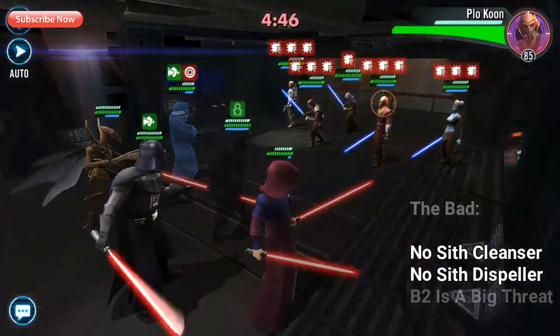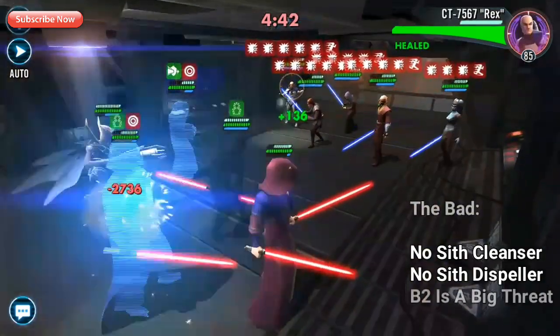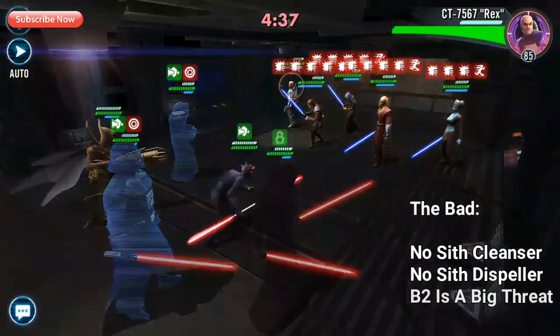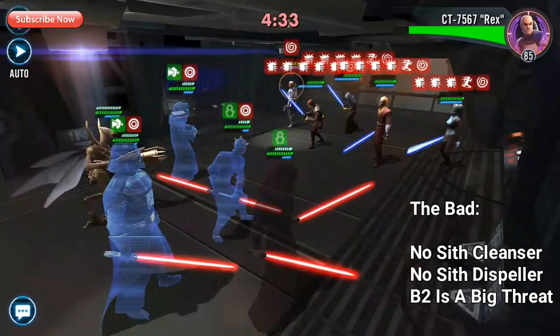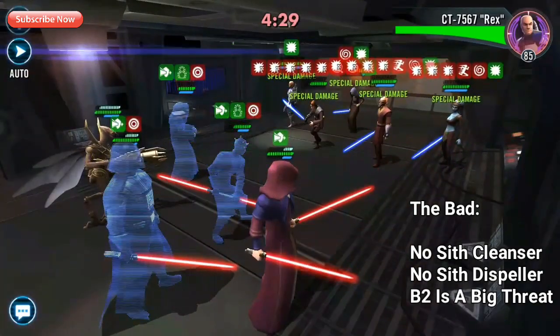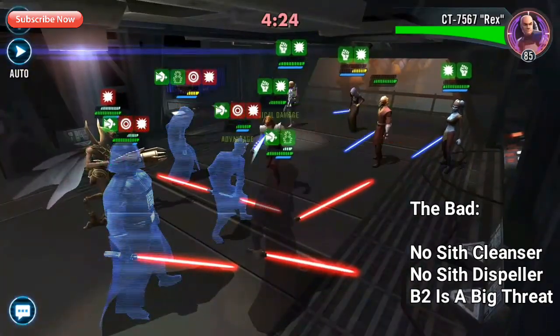Bear in mind, Darth Maul also has an ability himself where he can apply daze to B2 that will stop him gaining that turn meter, and there is also Emperor Palpatine that can put shock on him, but all it takes is another cleanser to be in that team that is able then to cleanse that effect, and you are back to square one. With this squad in the arena, it is impossible to run 5 Sith,